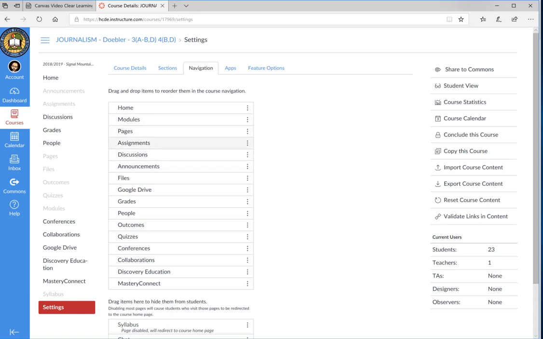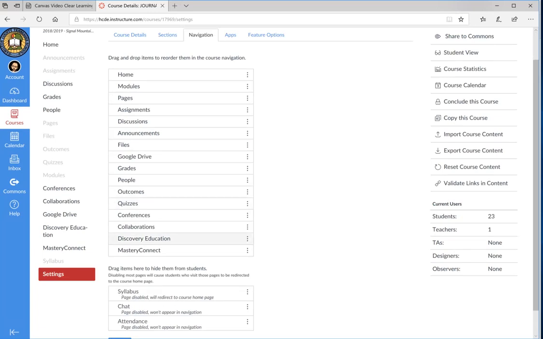What I'm doing is I'm just kind of putting the type of content that we tend to use more frequently higher up on the navigation bar. Now, there are some of these that I don't use, like I don't use Discovery Ed, but maybe you would. But since I don't really need it on the navigation bar,